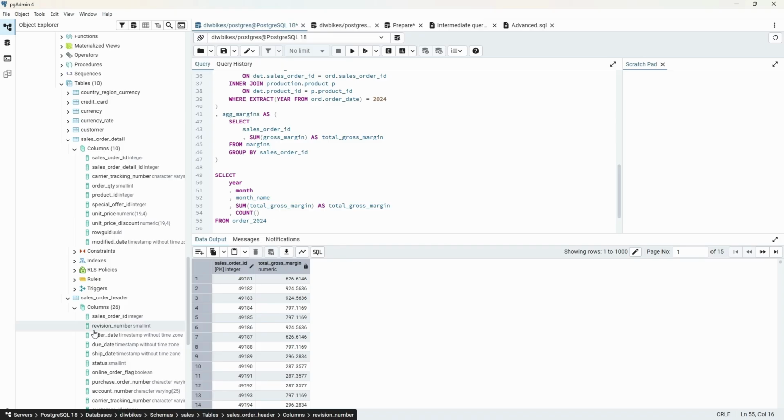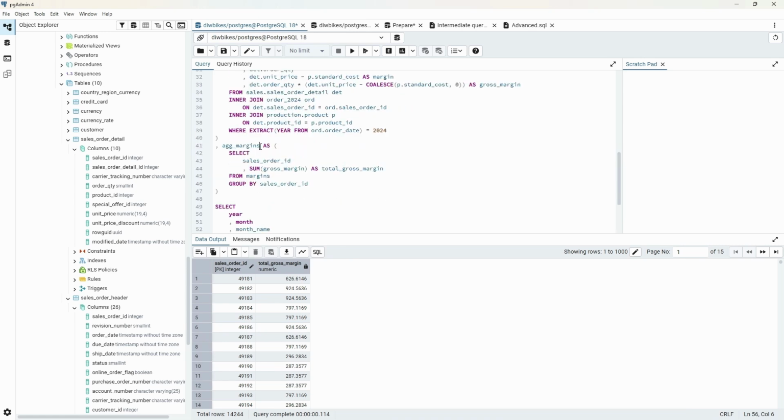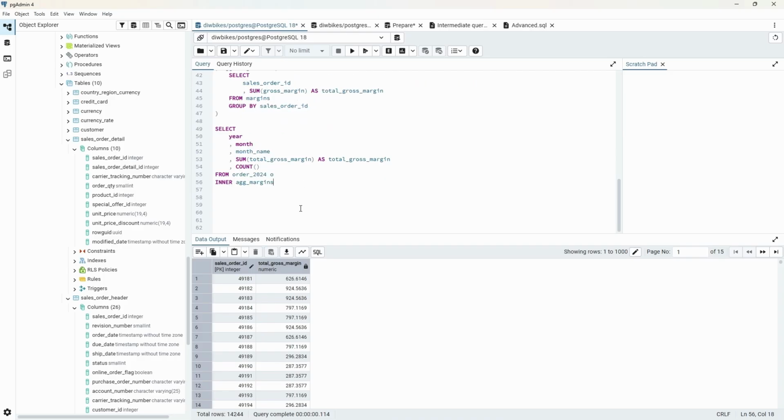Just before we do that, we need to join back to this one, right? Aggregate margin, because that's how you can detect the gross margin. Okay, we haven't joined before, so I have to copy that. Let me copy this and drop it right here. Okay, and then we can call this AM. And then we just use O dot, that's gonna be our sales order ID. All right, and then we'll say on,